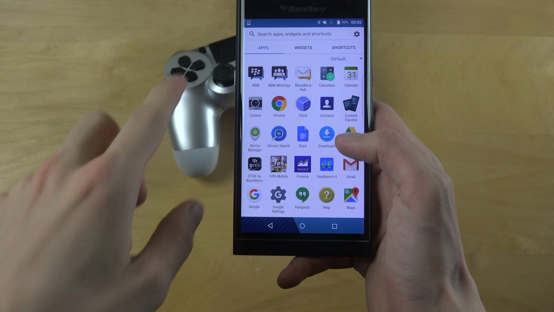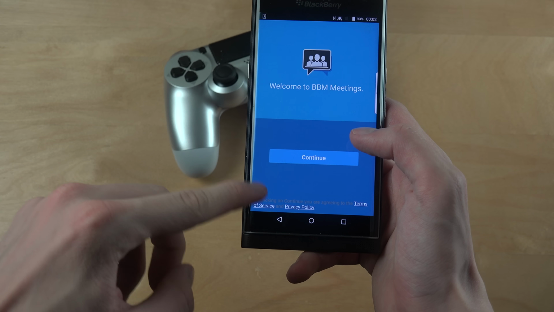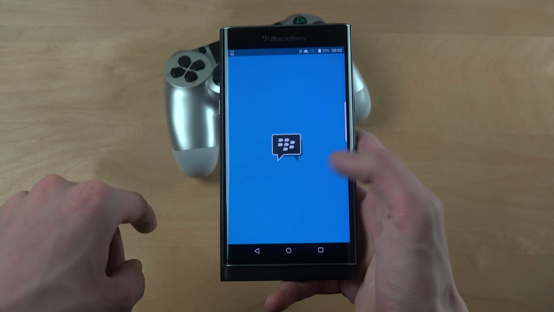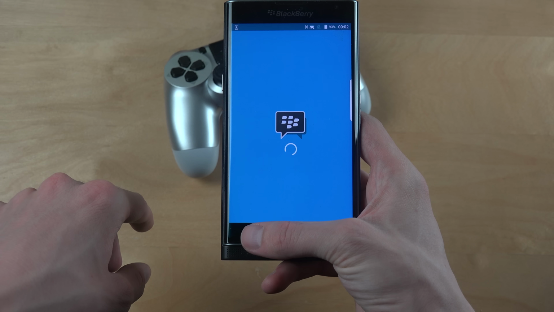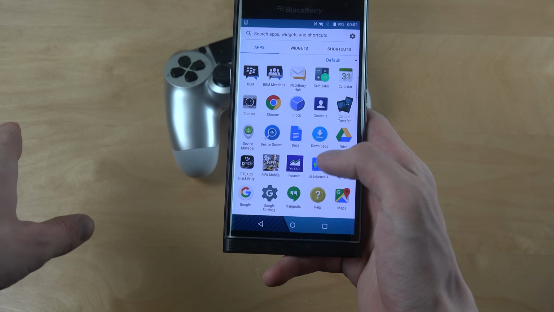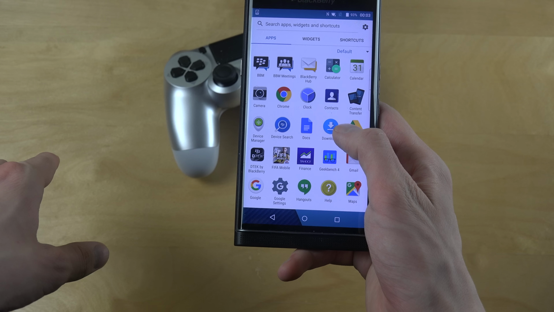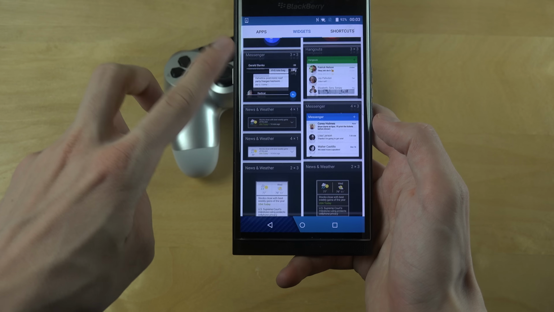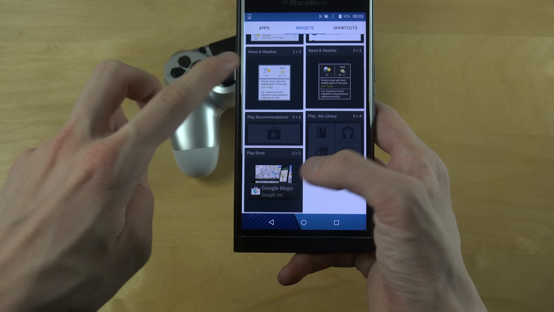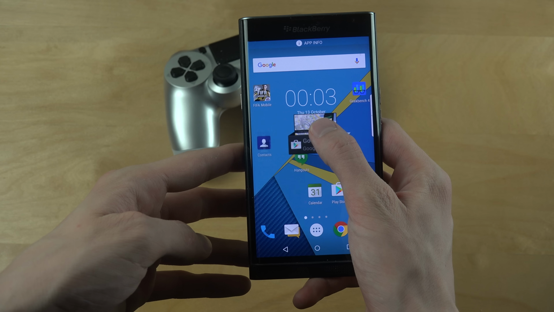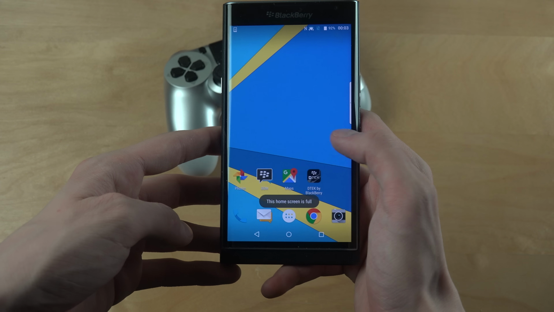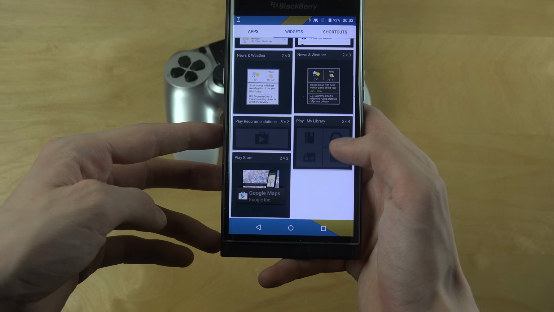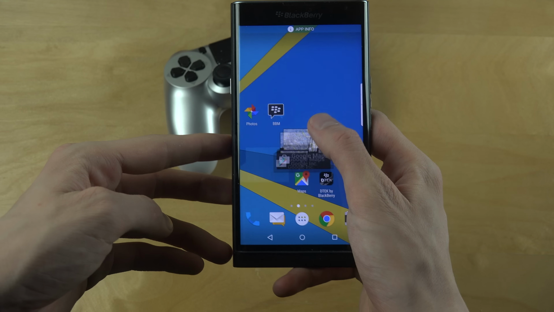BlackBerry Meetings, as well as the other app here for messenger services. Quite nice. I haven't set up an account, but it looks like it's pretty basic stuff to do. Of course, you do have most of the standard widgets here. What happens if I put out this one? I'm not sure if this one is new or if it's an old one. Oops, that did not work. If I try it again on another page,